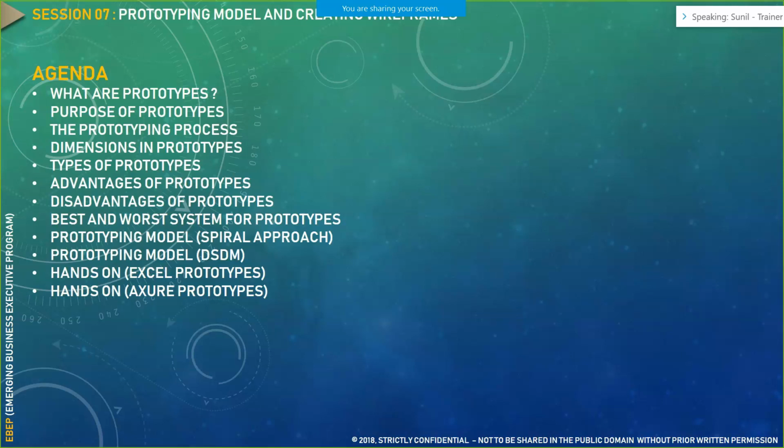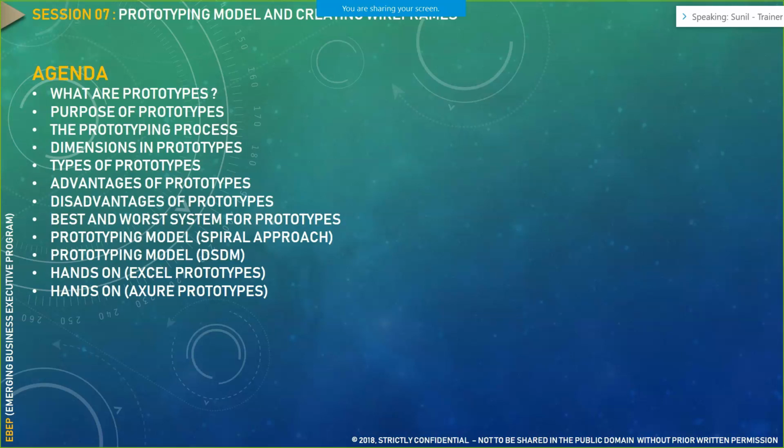Now, a prototype is the initial start point wherein we start thinking about the UI aspect of a particular system: how the UI would be, where all the options would be. If the system is capturing some inputs, then how it would capture the inputs from the different user communities or user groups who would essentially be using the system.